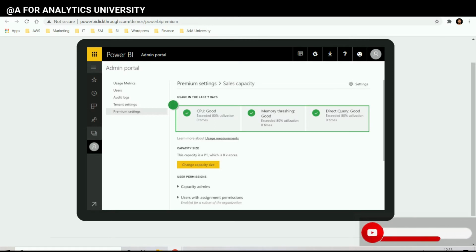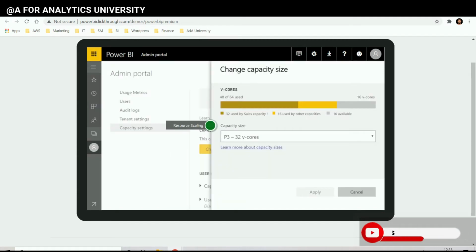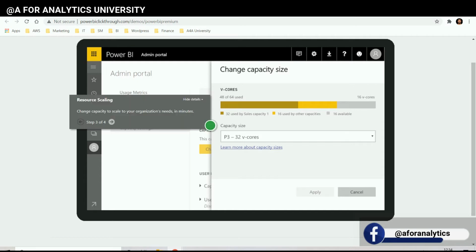You can see the CPUs, the data query optimizations and the utilization of it. So you can easily scale the resources. If right now you are on 16 virtual cores and you want to upgrade to 32 virtual cores, you can easily upgrade that, and the pricing will differ based on your requirement